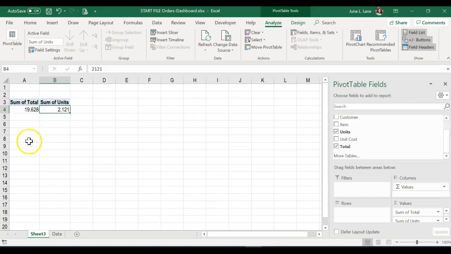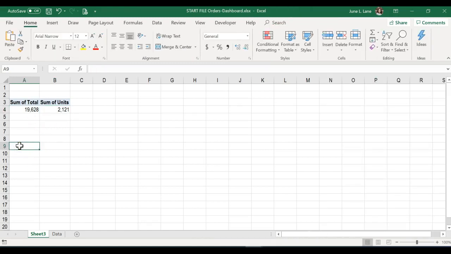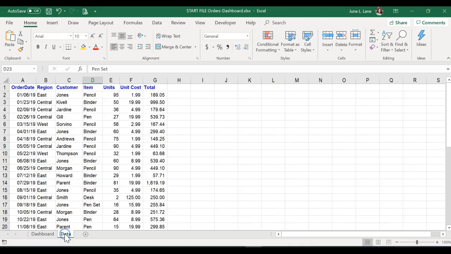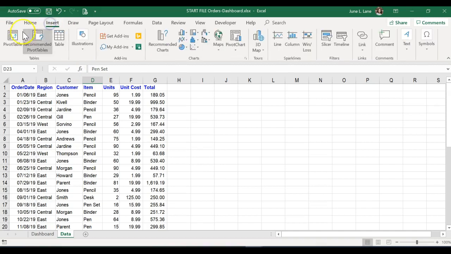The next step that we would like to do is create a table with our top 3 customers. And I'd want this to appear in my dashboard. Now I noticed this did not get renamed. We want to rename this, should be called dashboard. I'm not sure why that didn't take. Okay, so I'm going to click in cell A9, but I want to go back to my data, and I'm going to say Insert, Pivot Table,